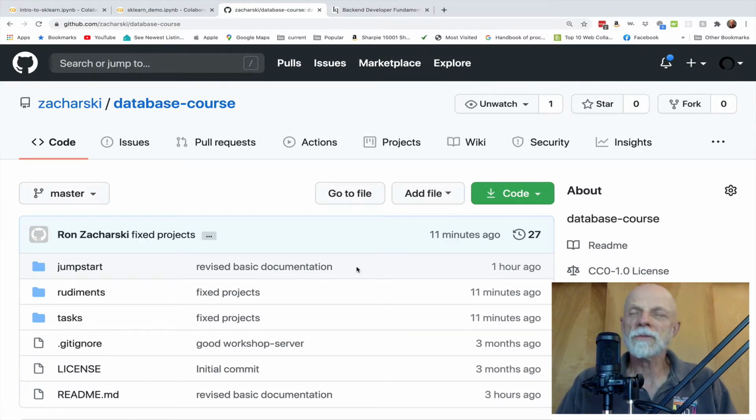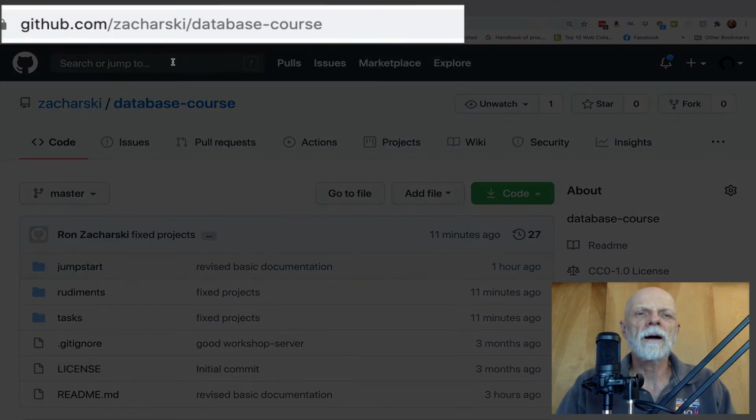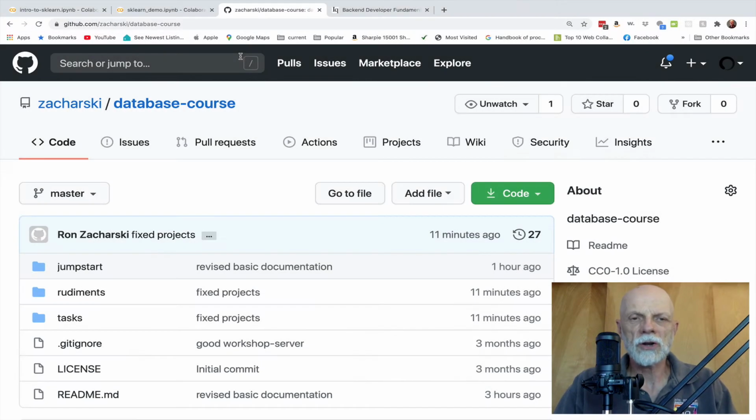I'm the instructor for the course, and I'd like to give you a quick orientation, a quick tour of what we'll be doing and the resources that you'll need. There are two websites that are of critical importance to the class. One is this one, the github.com Zaharsky database course, where all the printed material and code is for the course,